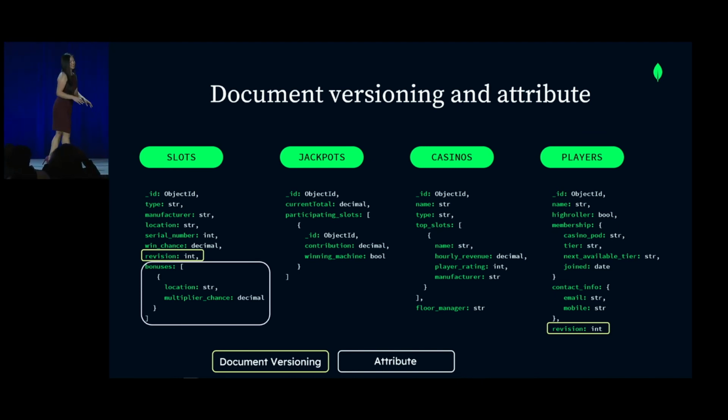They have a lower win chance rate, and that's on purpose because as people walk in and they're just walking the strip and they've seen a slot machine for the first time, that might get a lot of traffic and they might try once or twice, but that's pretty much it. They want you to come in. They want you to get lost in the labyrinth. They want you to stay and not know what day it is, what time it is. They want you to move into the middle of the floor. And so those slot machines, those are the ones that might have different bonus structures. And we've captured that in this way via the attribute pattern.